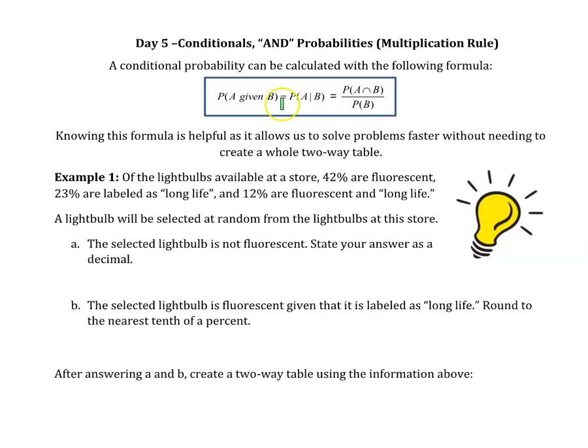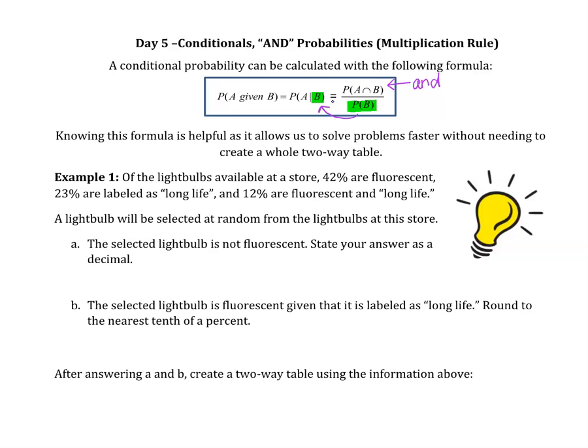If you want to figure out the probability of A given B, it is always going to be the probability of the AND divided by the probability of whatever is given. So probability of events A and B occurring divided by, again, the probability of B because that's the thing that is given. Knowing this formula is helpful as it allows us to solve problems faster without needing to create an